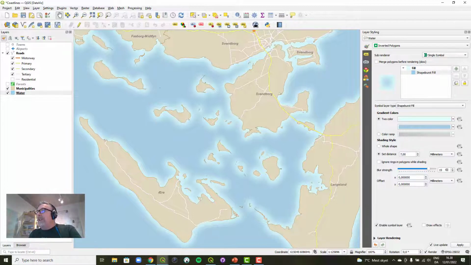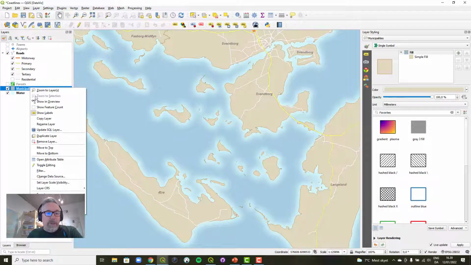Ben Day dots are another very popular coastal effect, and Ben Day dots are the technology used in newsprint to print photographs in the newspaper using little dots. And so we're going to use kind of a QGIS-y version of that to create a stippled effect around the coast. So I'm going to create another duplicated copy of municipalities,